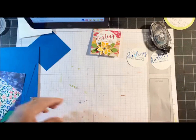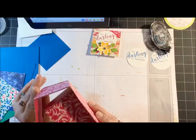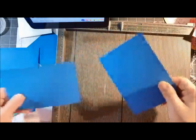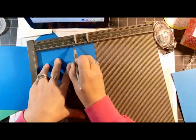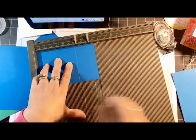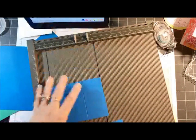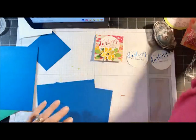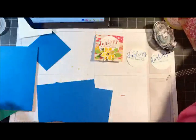Now let's get ready to go ahead and do the box. So now I'm going to show you how to do the bottom of the box and do the score lines. So we're going to start out with the 2 pieces that measure 4 by 6. And we're going to score at 4. Now I am going to be using tear and tape on the box only because there's a lot of movement